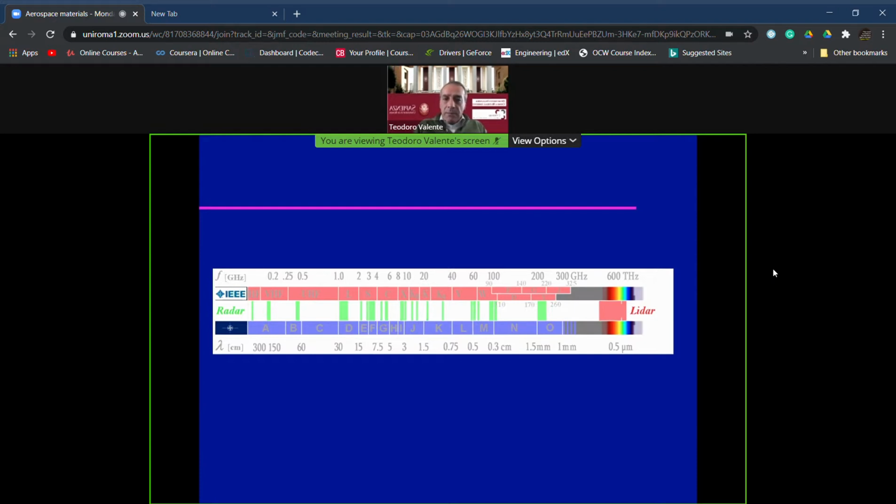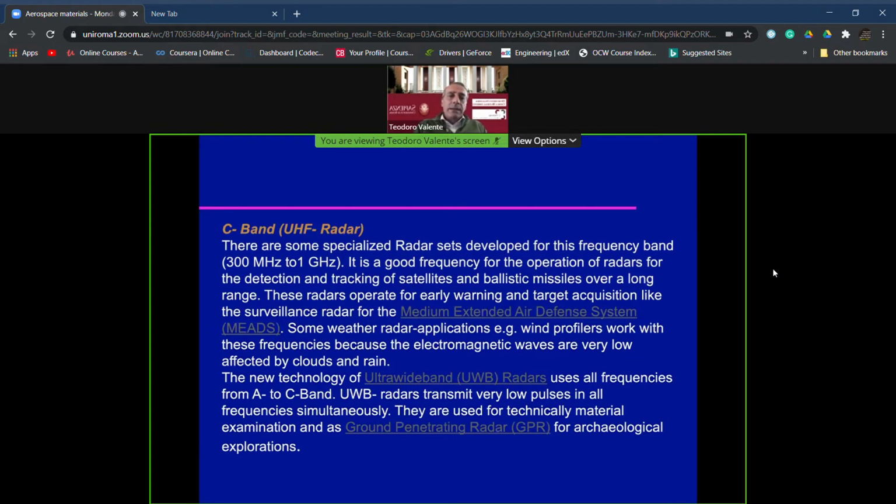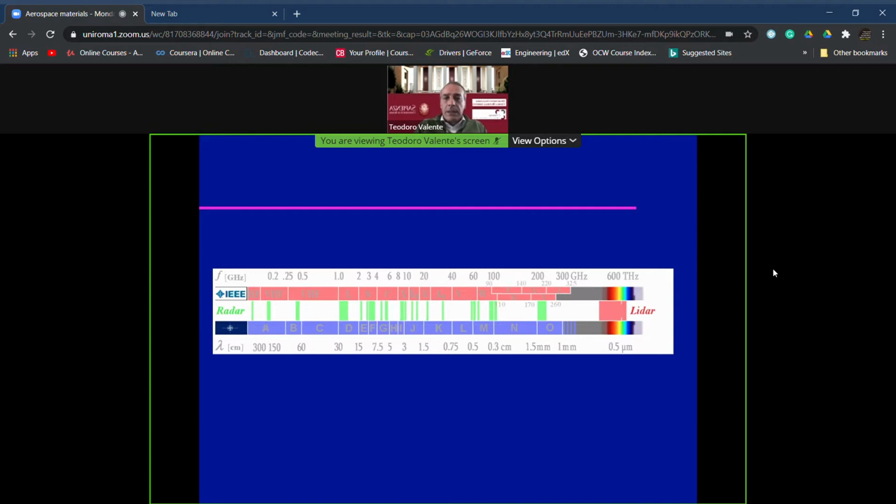So just to summarize and give you basic elements, we can say that the C band, according to the letter classification here, corresponds more or less to the UHF classification of IEEE,